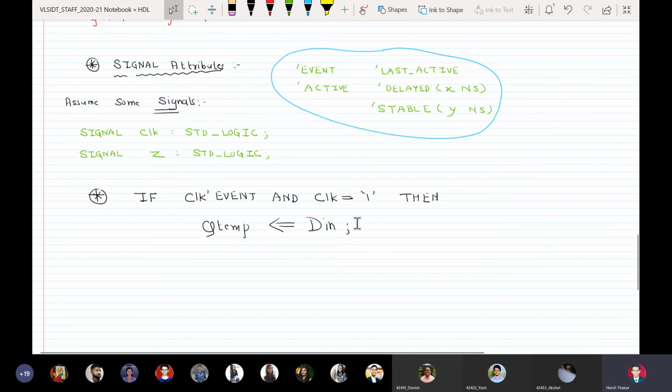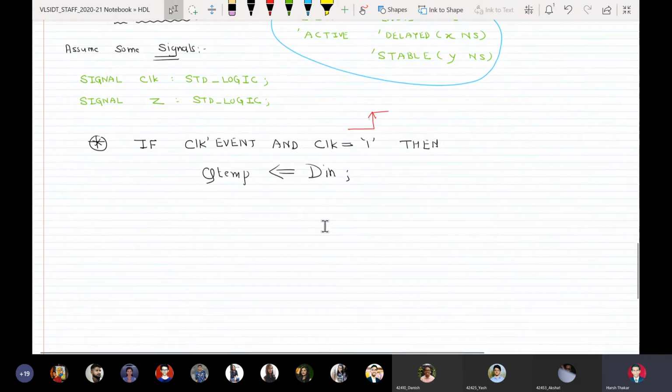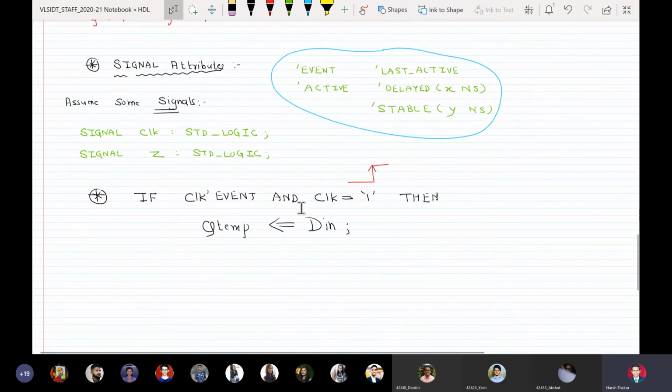Okay, so this is how you use this particular attribute tick event. So if clock tick event and clock equal to 1, which actually is nothing but indication of rising edge, then assign the input d into qtemp. This we already used while writing the VHDL model for a D flip-flop. Okay,